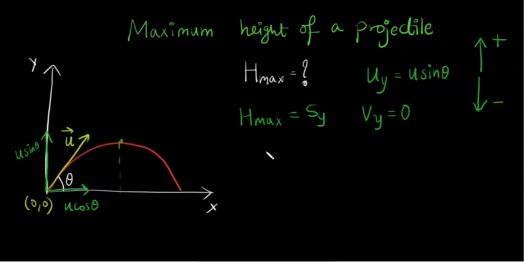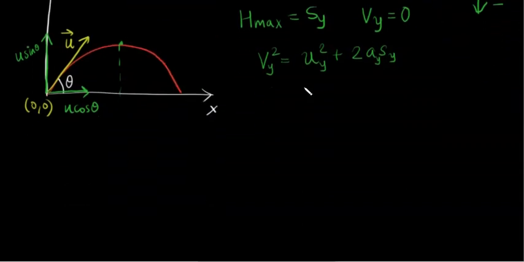So can you use this formula? V square is equal to U square plus 2as. Now in this case we will write the subscript of y, because we are restricting our analysis to the y direction itself. So Vy is 0, that is the final velocity. This is equal to uy square. Now uy is u sine theta whole square